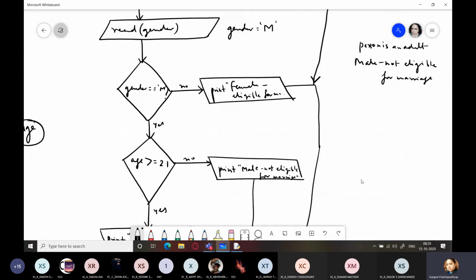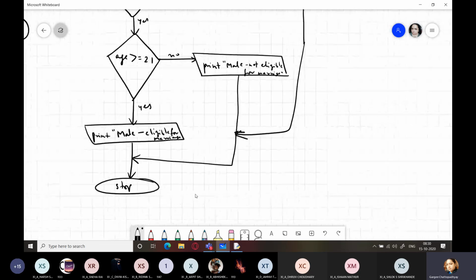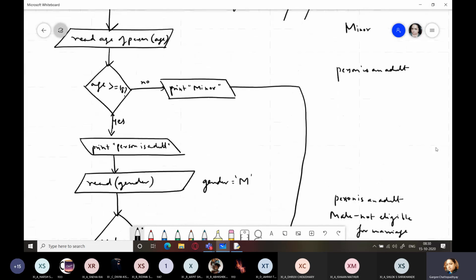Gender entered is male only. Is the gender male? Yes. Come down. Is the age greater than or equal to 21? Answer is yes, because he is 27 years of age. What is the output? Male eligible for marriage. So your output is going to be this.